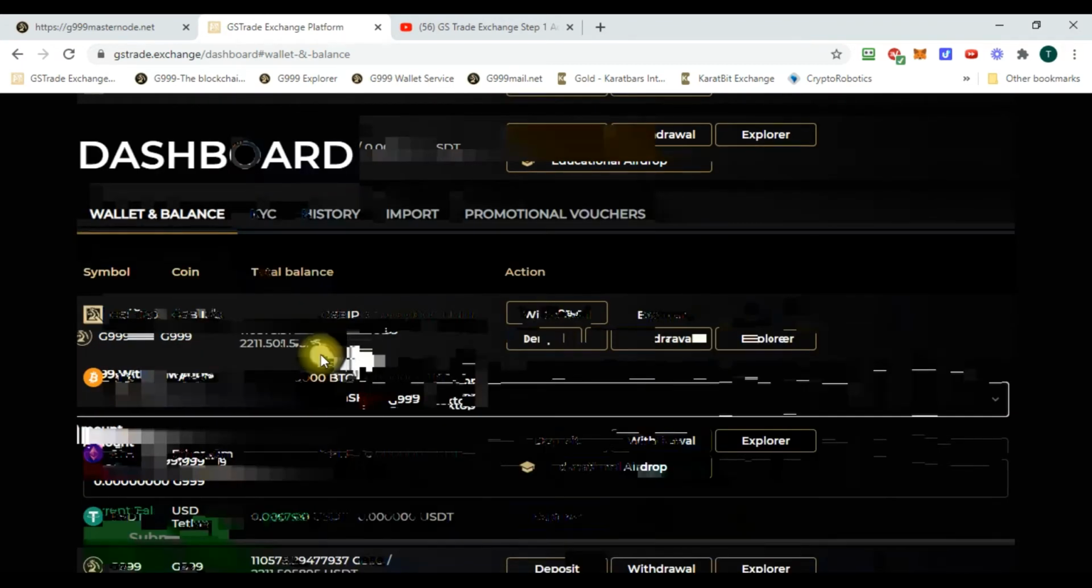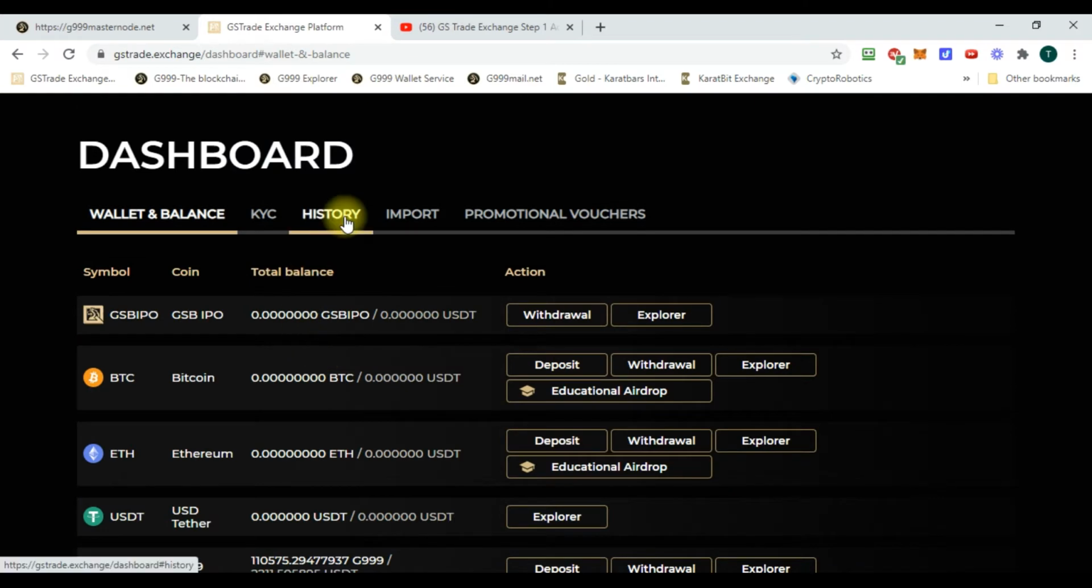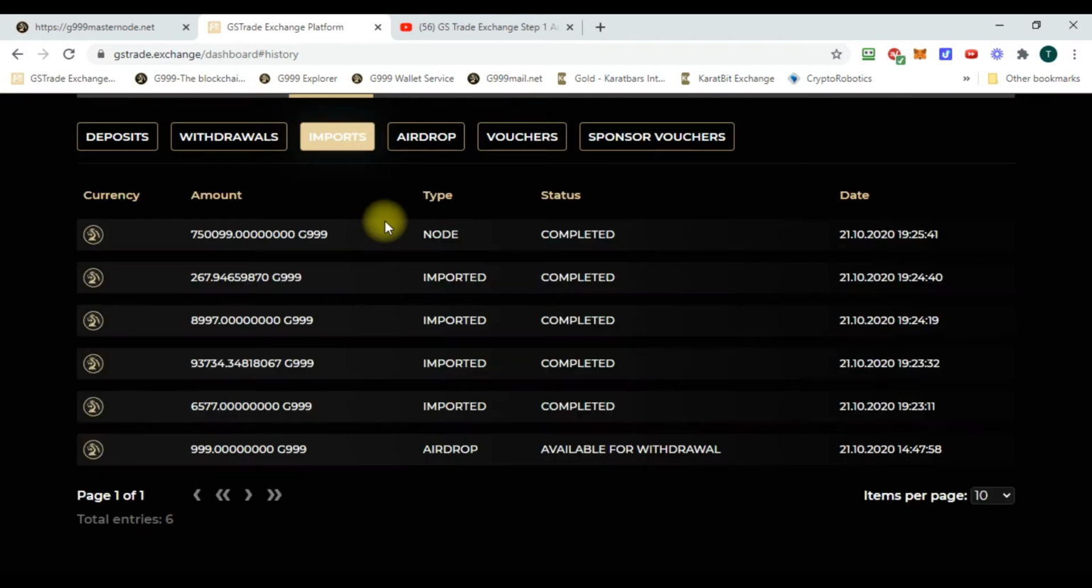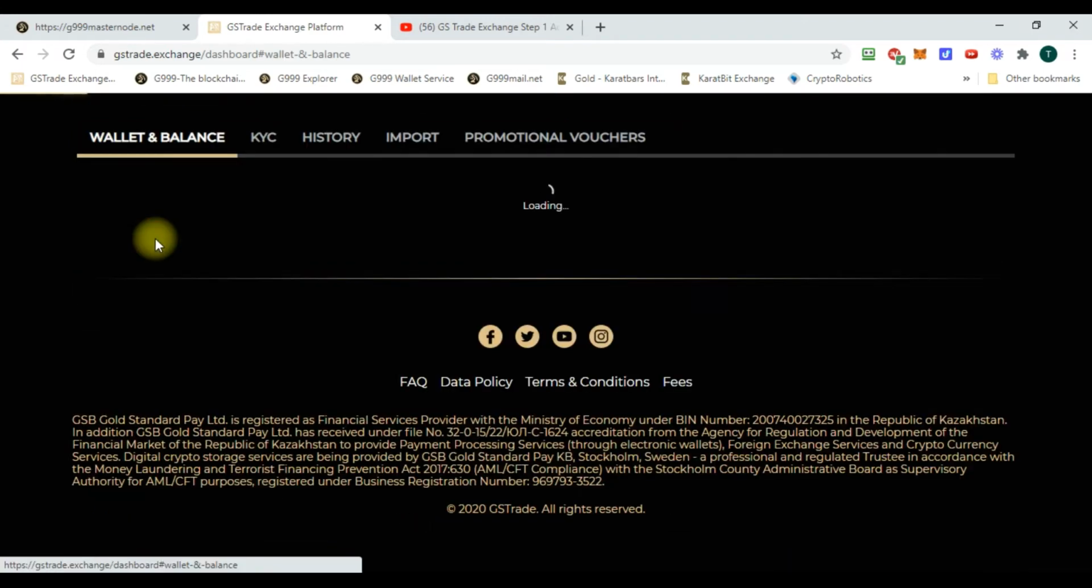To confirm what amounts you have available to withdraw, you can go to History and Imports, and any amounts that are available for withdrawal at this time will be listed as available for withdrawal. Go back to Wallet and Balance,